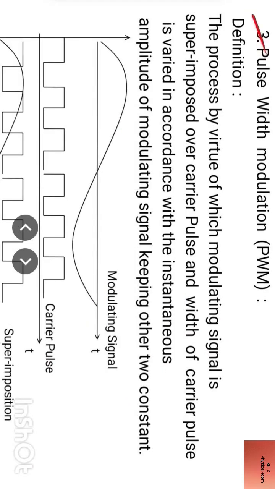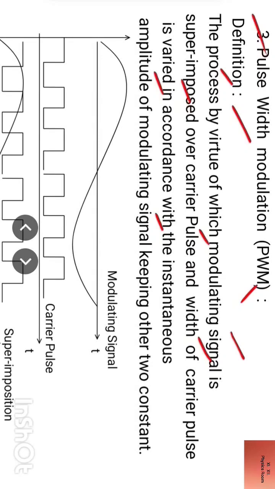Third, pulse width modulation, PWM. Let us define the process by virtue of which modulating signal is superimposed over carrier pulse and width of the carrier pulse is varied in accordance with the instantaneous amplitude of modulating signal, keeping other two constant, is defined as